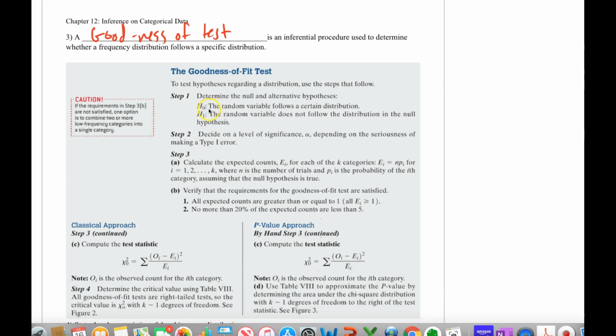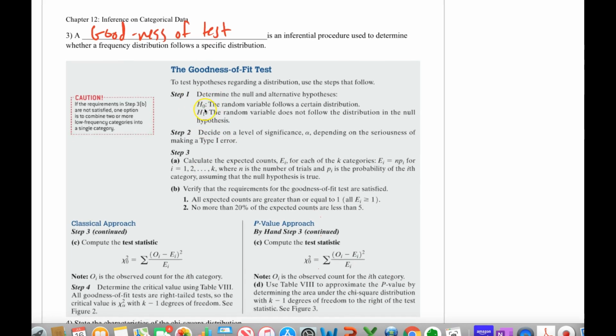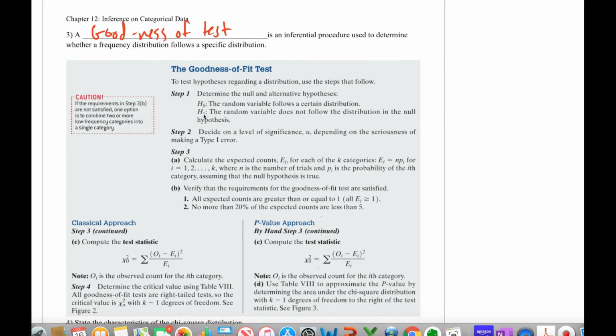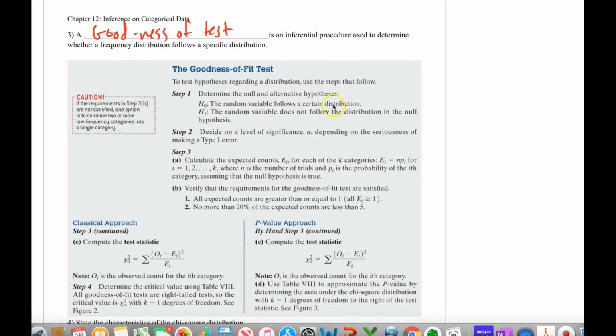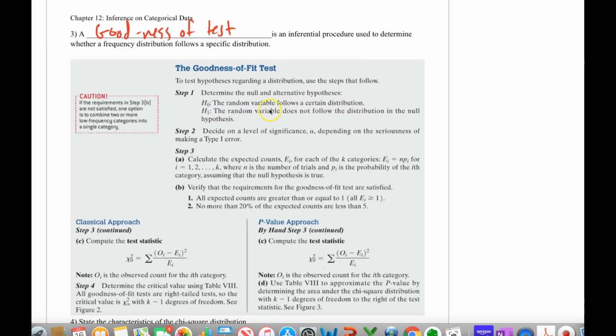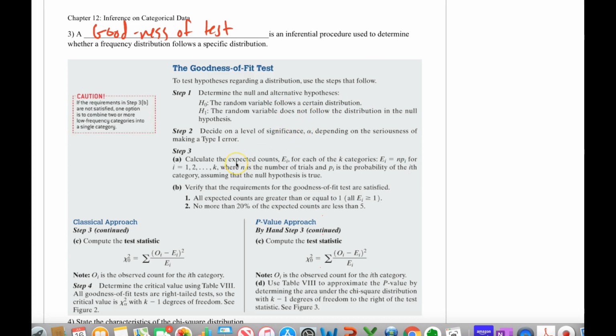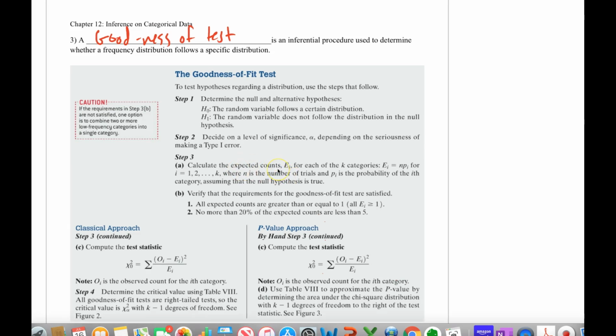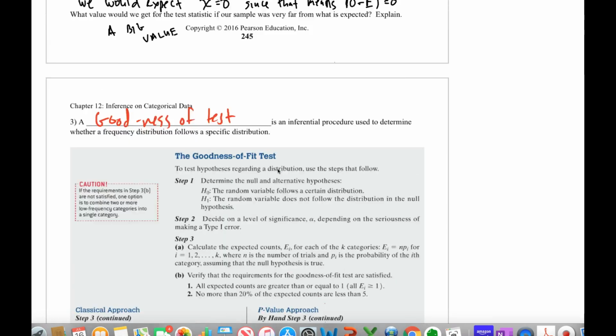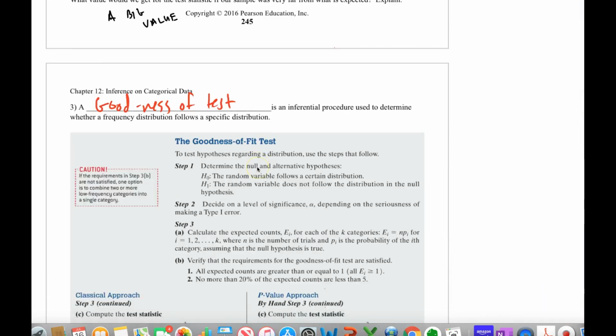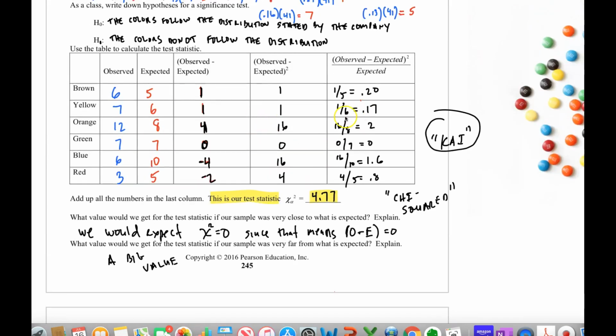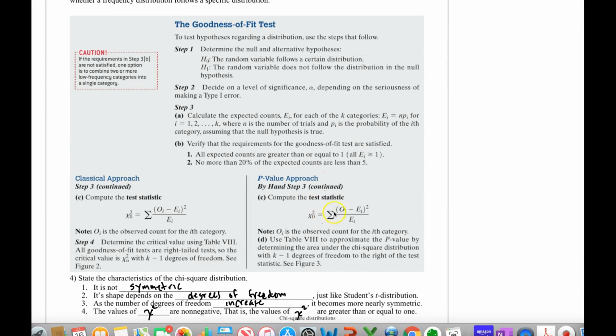Step 1, of course, null and alternative hypothesis, H0 and H1. That it follows a certain distribution as described, and it does not follow. Step 2, pick a level of significance. That's always what we got. Step 3 is a little bit longer for doing it by hand. You have to calculate the expected values the way I did. Do this table of values, and you end up with a test statistic